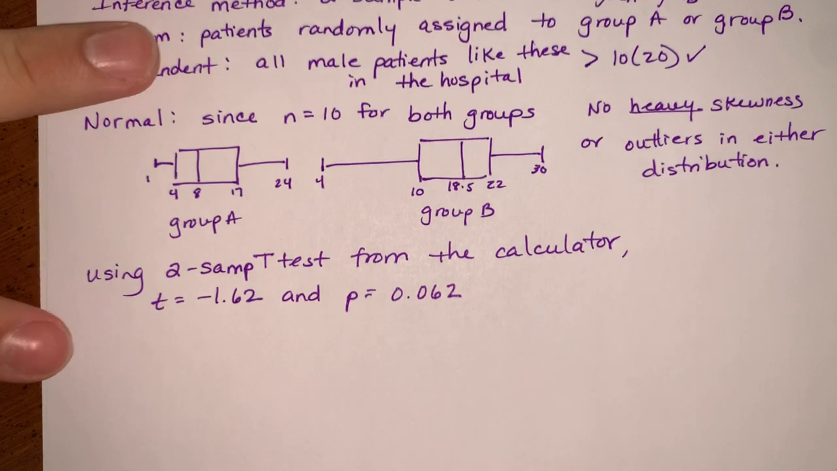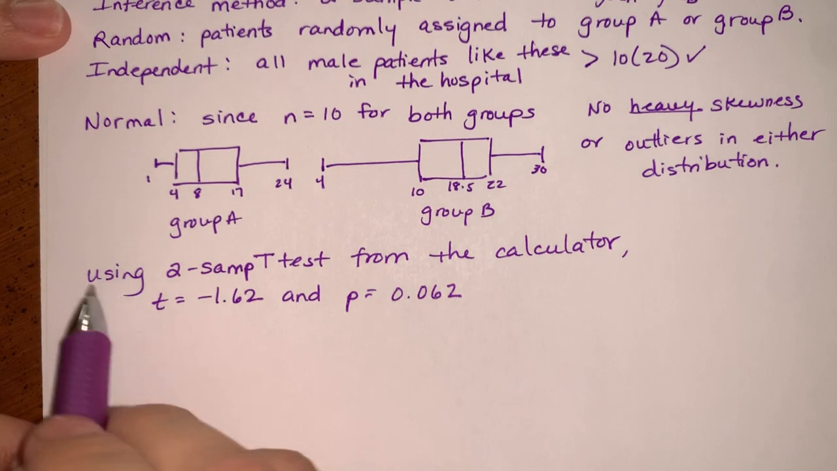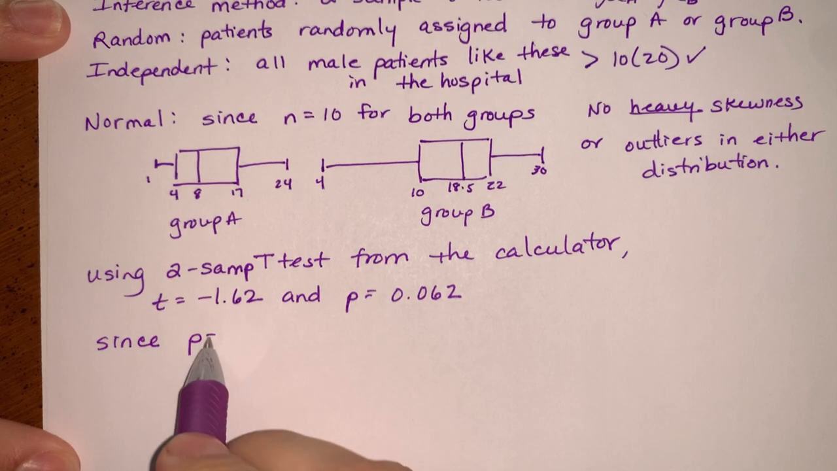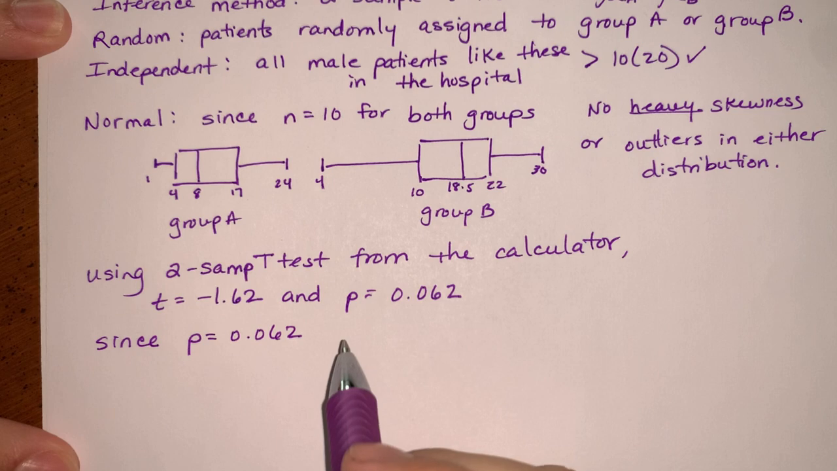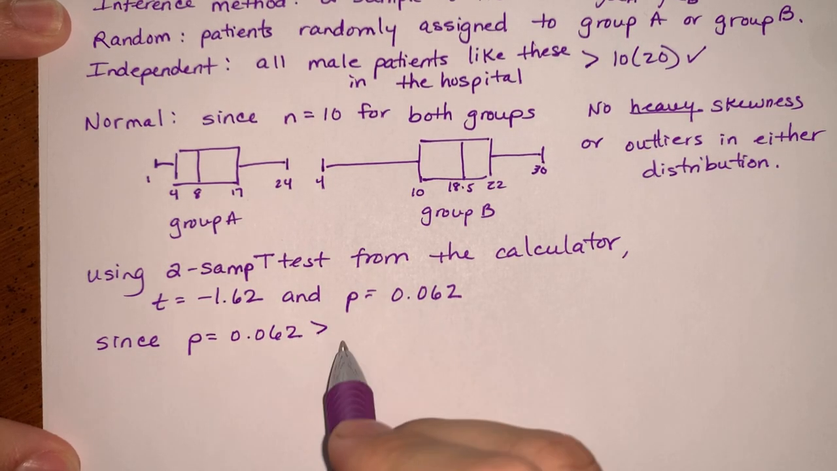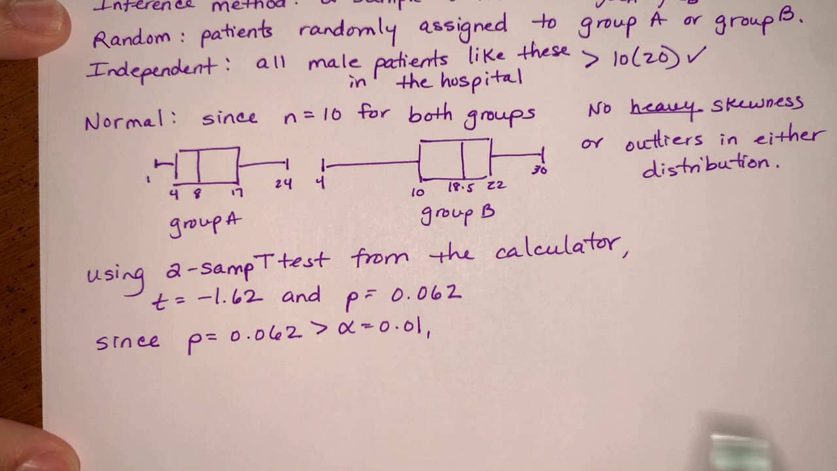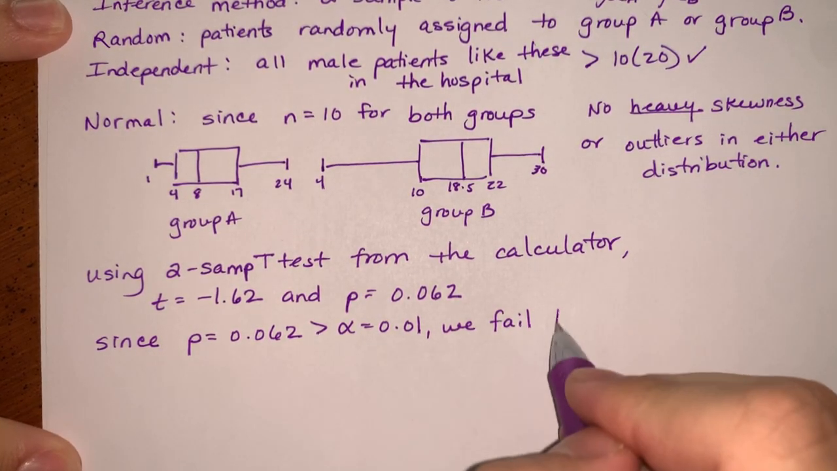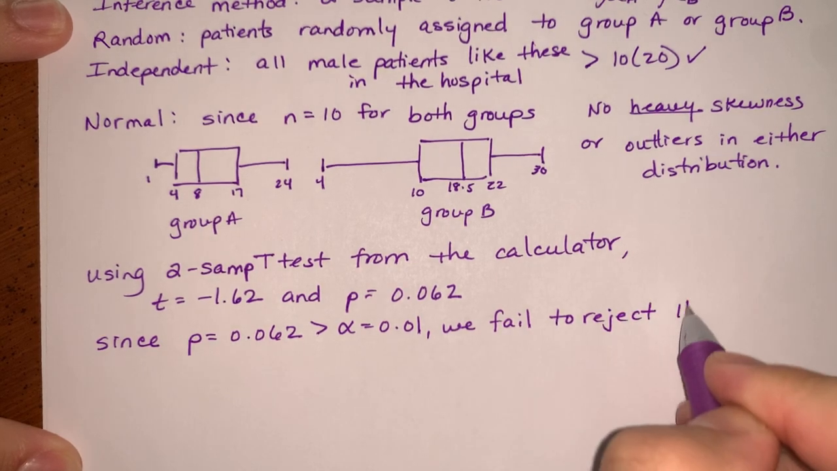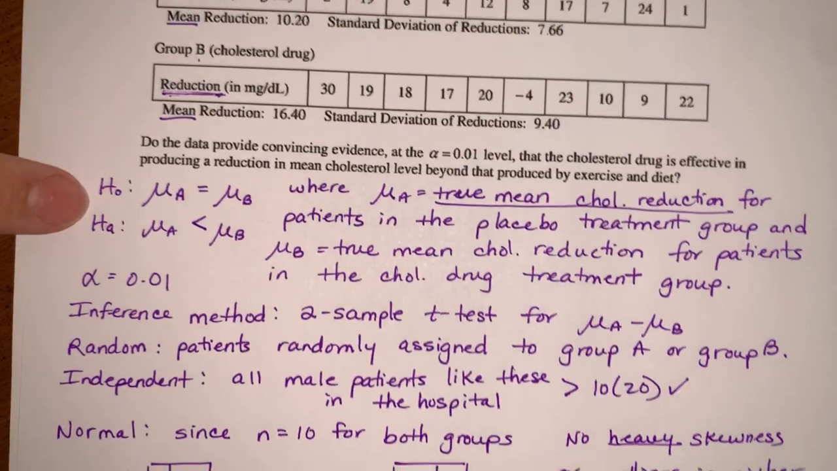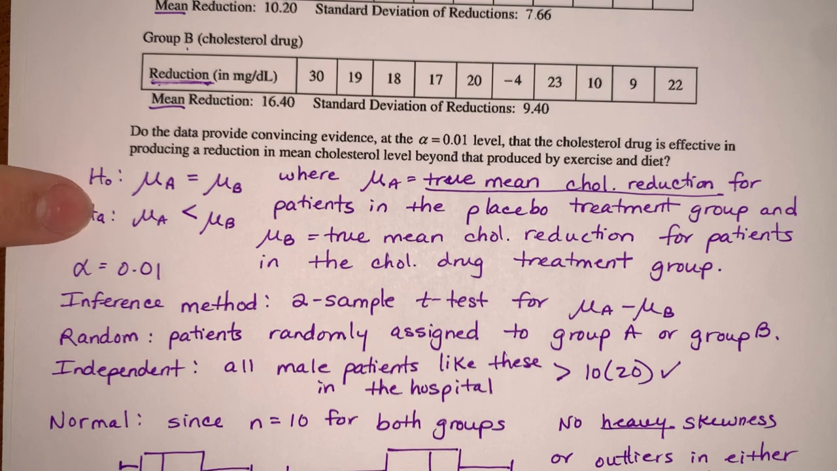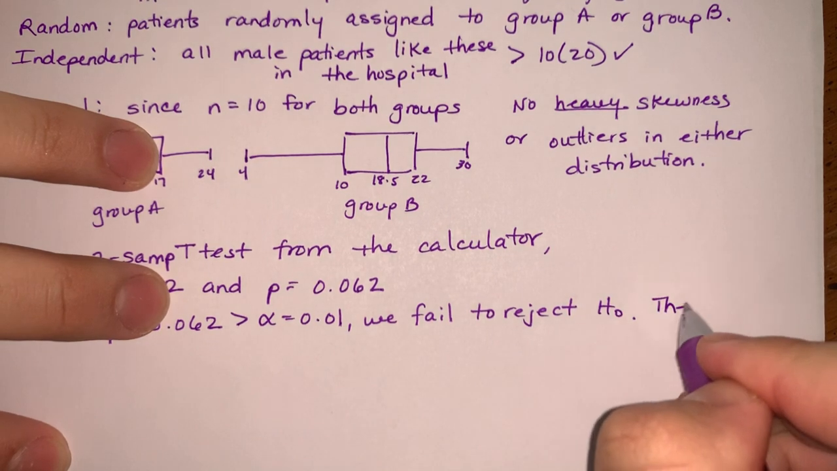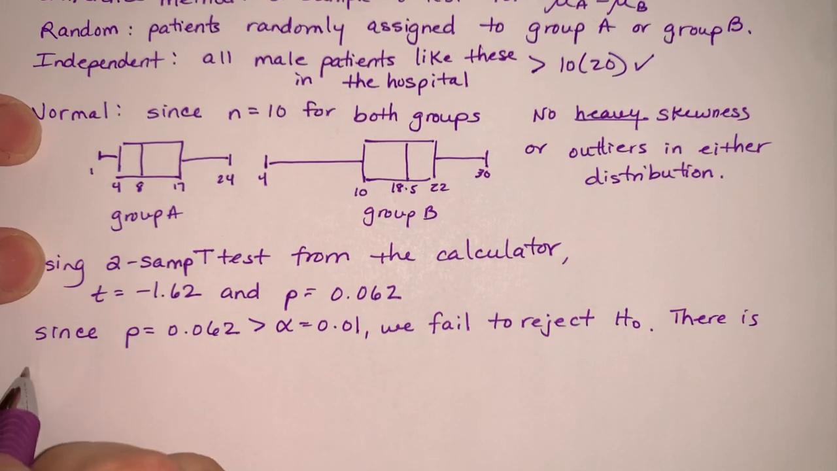Okay. All right. Let's keep going. So based off of that, our p-value, since p is equal to 0.062, is that greater than alpha? Yep. If that's greater than alpha 0.01, this is a case where we fail to reject H0. So if we fail to reject this, then that means that there is not enough evidence for HA. So we've got to say our language. So there is not convincing evidence